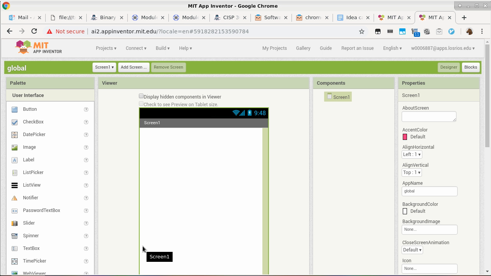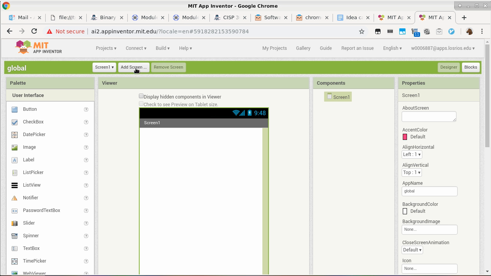Which by default is just screen 2. Okay, but you can change the name of each screen, which basically is the text that gets displayed here. Okay, the third one is remove screen, which is actually grayed out. The first screen is the one screen that you cannot remove. So that is why it is important to plan ahead of time, because this is the one screen that you cannot get rid of.